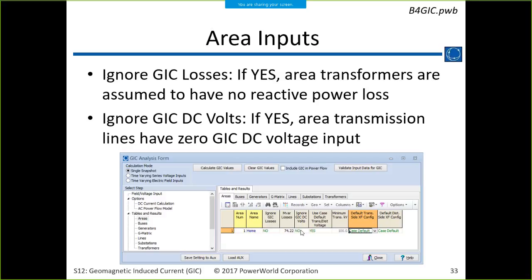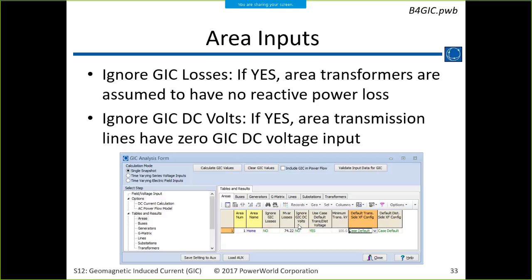If you wanted to study everything in the whole Western interconnect, you would just leave those set to yes for all areas. A lot of times what we'll do, if we're studying a particular part of the system, is put DC input voltages everywhere in the system, but we might study megavar losses on transformers just in certain areas.